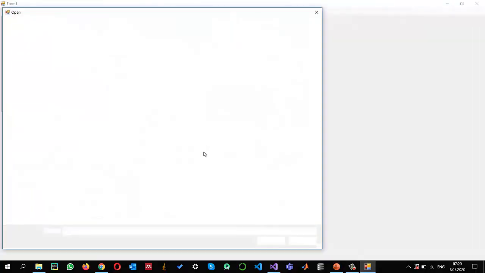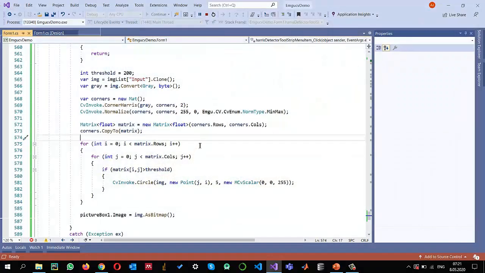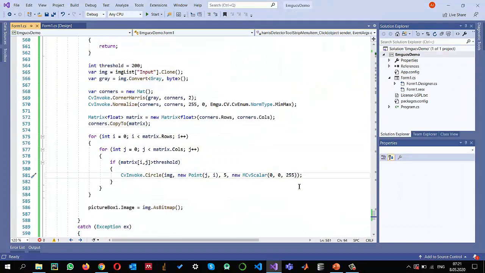So open an image, building image, and now I'm going to say Harris detector. So here I can see 1, 2, 3, 4 corners with this threshold value. There are also other corners I can see here, and maybe I can increase the visibility by increasing the thickness to 3,